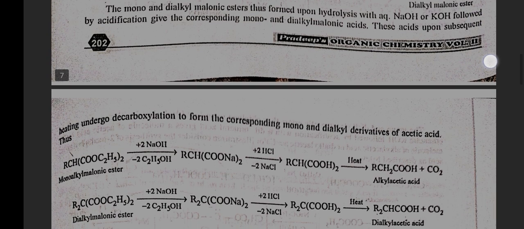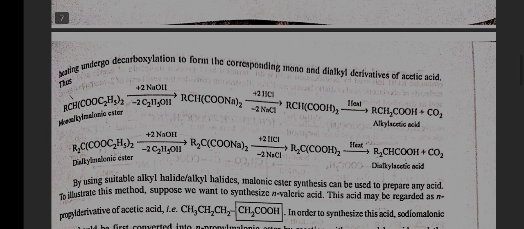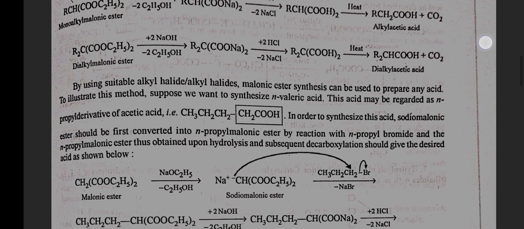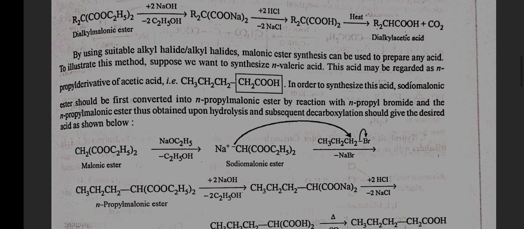These acids, upon subsequent heating, undergo decarboxylation to form the corresponding mono and dialkyl derivatives of acetic acid. By using suitable alkyl halides, malonic ester synthesis can be used to prepare any acid. To illustrate this method, suppose we want to synthesize n-valeric acid. This acid may be regarded as the n-propyl derivative of acetic acid, that is